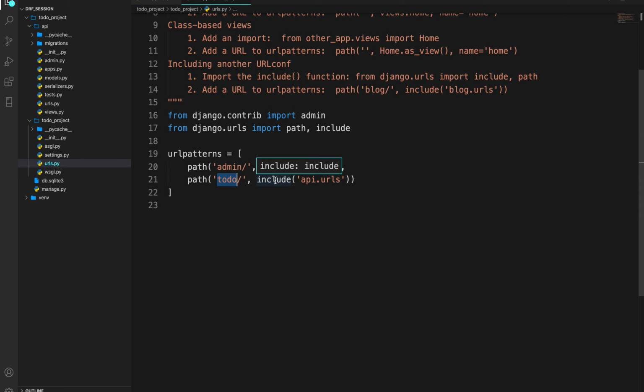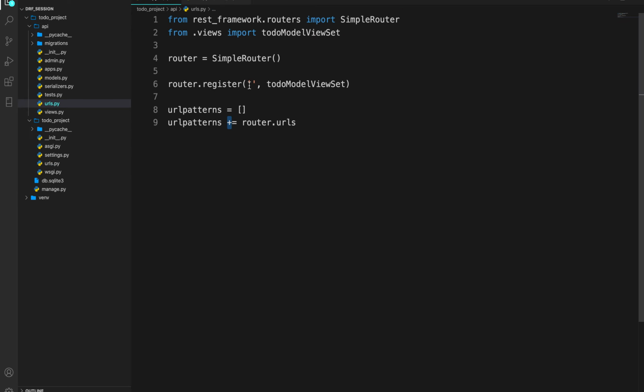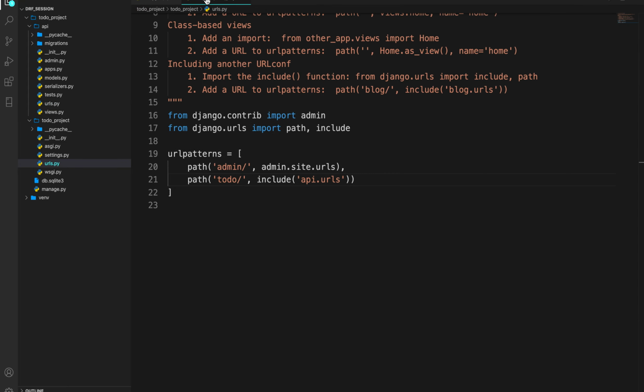Corresponding to todo, it will go to api.urls, right? And inside api.urls, on blank, it will route it to the model view set. That's why I used blank, because I have already added todo beforehand. Okay, so this is like this, and we need to save it now.